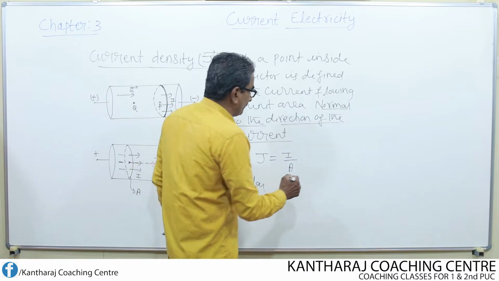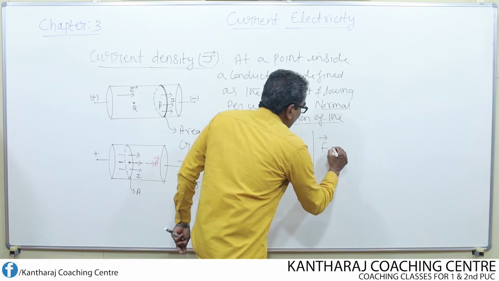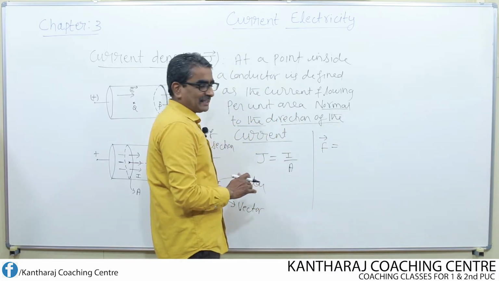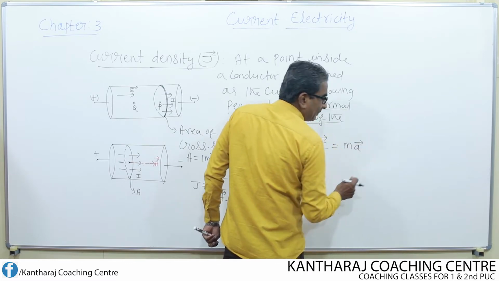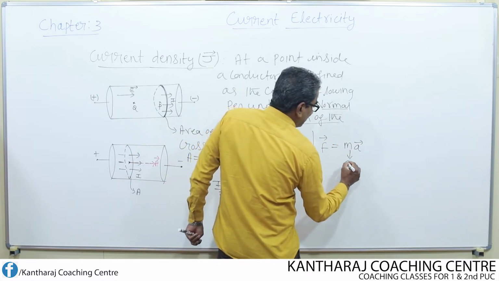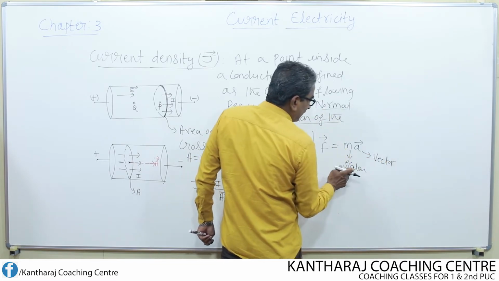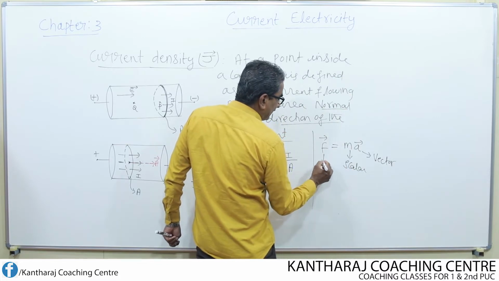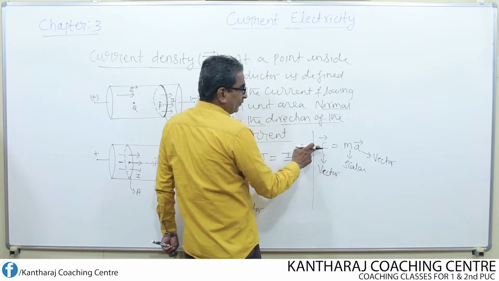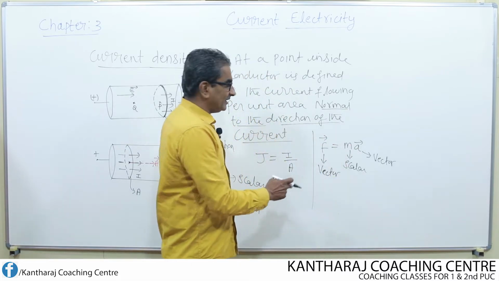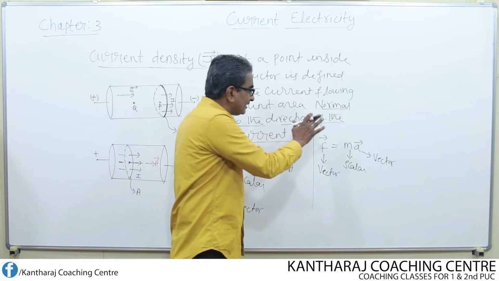Let's consider an example now. If you consider force, which is a vector quantity, if you want to find the force mathematically, then what do we do? We multiply the mass with the acceleration of the body. Remember, mass is a scalar quantity, whereas acceleration is a vector quantity. So multiplying a scalar quantity by a vector quantity once again gives a vector quantity, but it is a new vector. Force is not the same as acceleration. These two are different vectors.